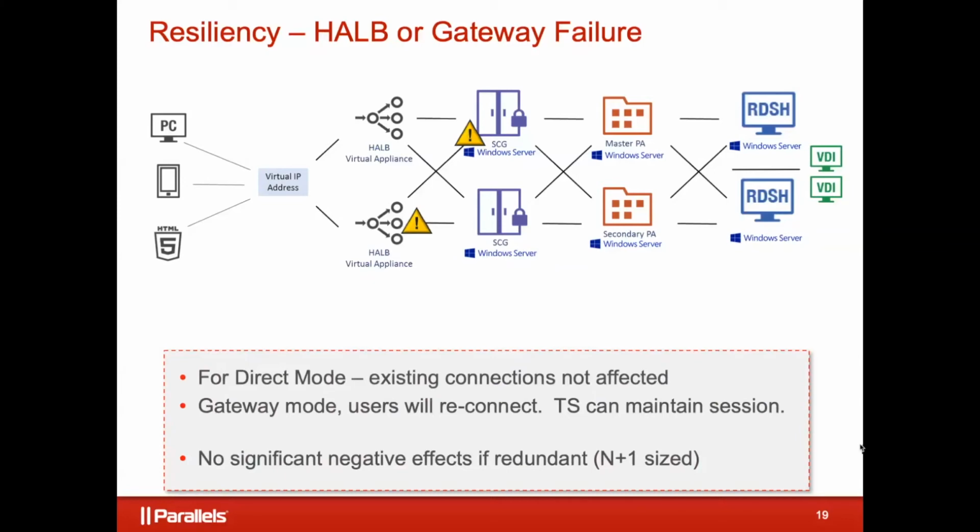And maybe they were worried for a brief moment there, or just slightly irritated, but it's really no big deal at the end of the day because they're good, right? So provided that the environment is sized correctly, N+1 size, a failure in any one of the gateway or load balancing components shouldn't really be too big of a deal, right? We've got redundancy built into that. Okay.